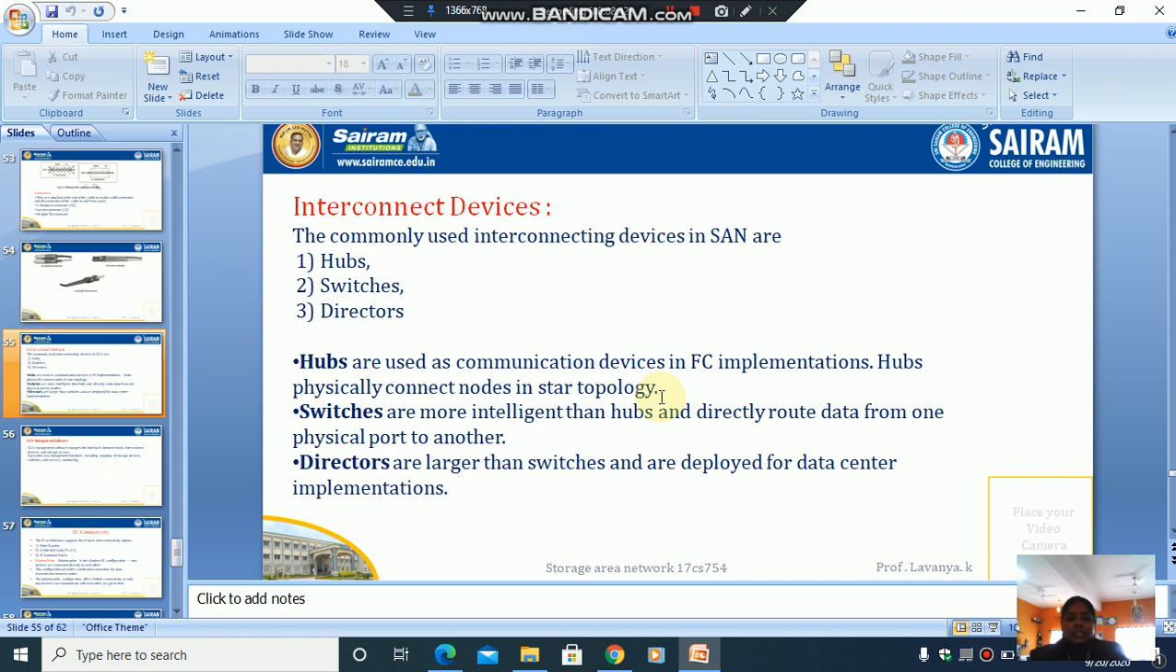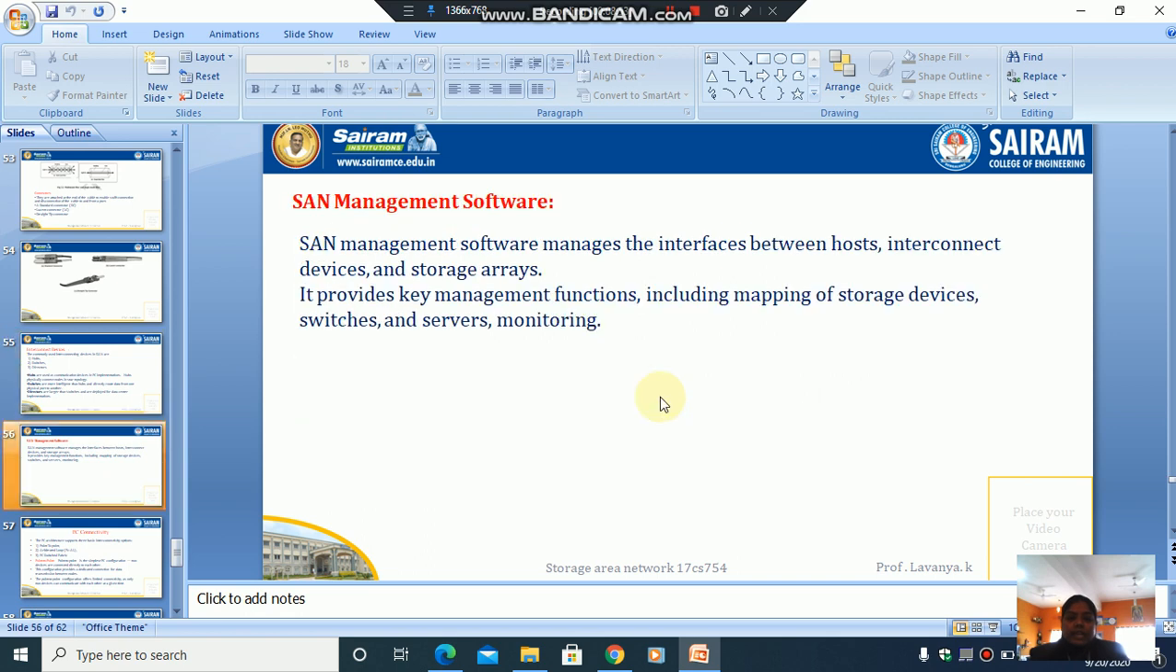These are the three interconnect devices we are going to use: hubs, switches and directors. So we will see next what SAN management is. SAN management is also